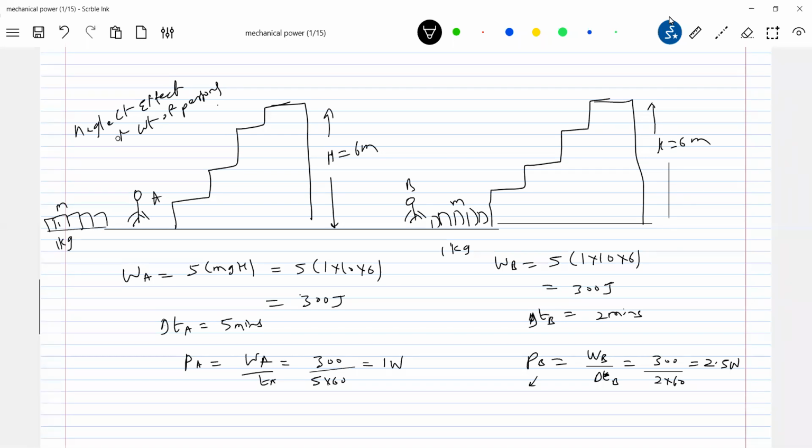What should be the unit? I put watt, W-A-T-T, that will be power, and joule per second. 1 watt, or the unit is joule per second, or watt. Okay, I'll write it here. 1 watt or 1 joule